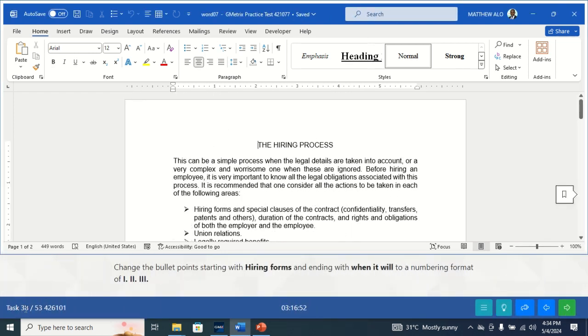Task 38. Change the bullet points starting with hiring forms and ending with when it will to a numbering format of 1, 2, 3. So to do this,